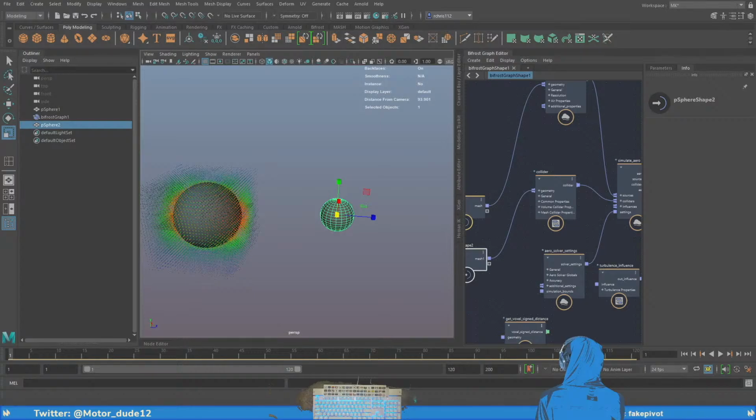When I first started out on Bifrost, this was one of the first things I wanted to do, and when I looked at other tutorials for this, it didn't really have the first part